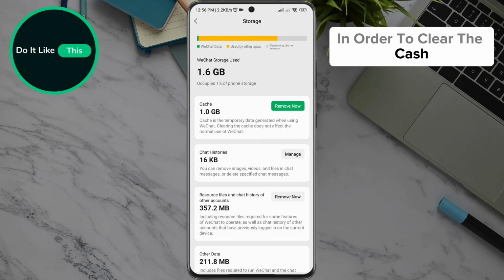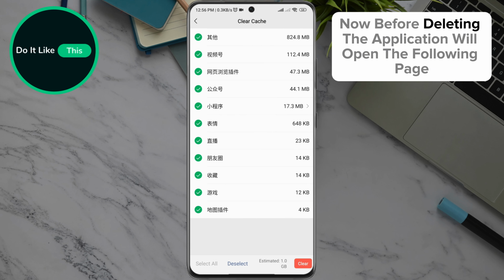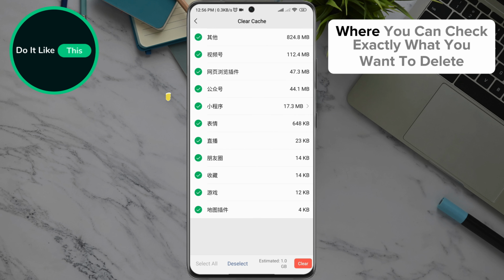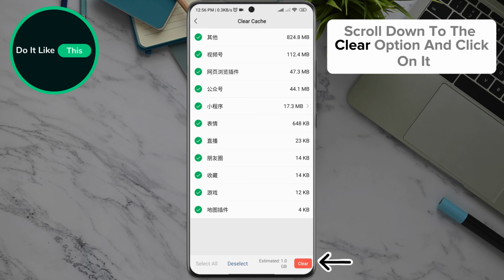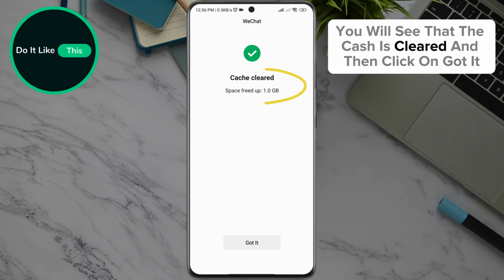In order to clear the cache, you need to go down to the cache option and click on Remove Now. Before deleting, the application will open the following page where you can check exactly what you want to delete. When you finish checking, scroll down to the Clear option and click on it. After all the cache is deleted, you will see that the cache is cleared and then click on Got It,